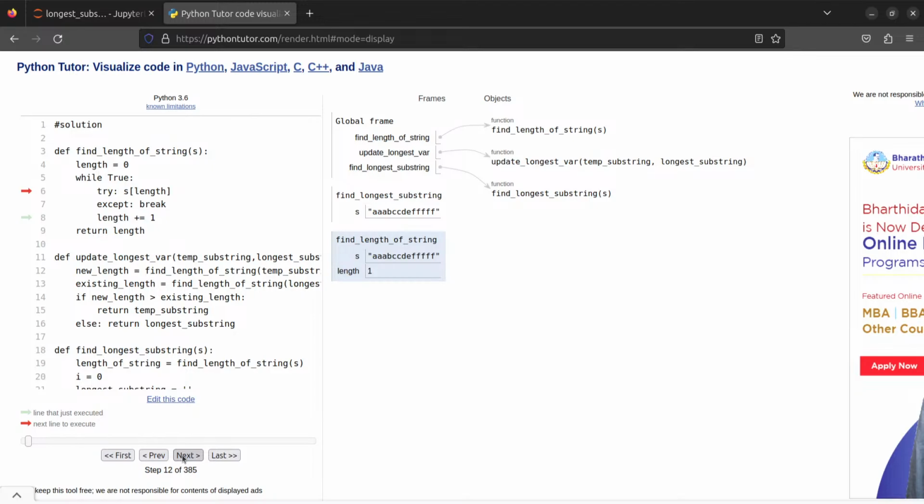and now it's again coming back to the sixth line. So now checking s of length, yeah, the character is available. So again incrementing length. Now checking if it's accessible. Yes. So incrementing length. So this keeps going like this. So right now length is, sorry, length means